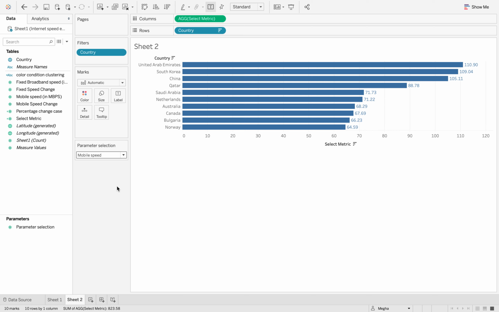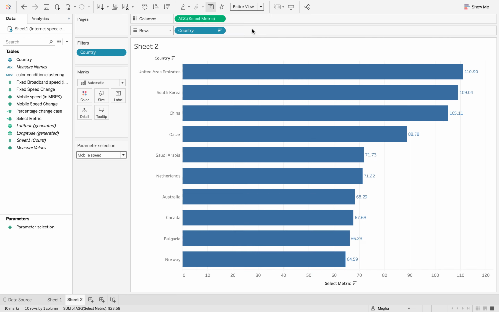Now if you want, you can leave it here, but to make it more appealing, we can change this bar chart into rounded edges. First, let's change it into entire view. The next step that we need to take is, in the column section, add a calculated field as average 0.